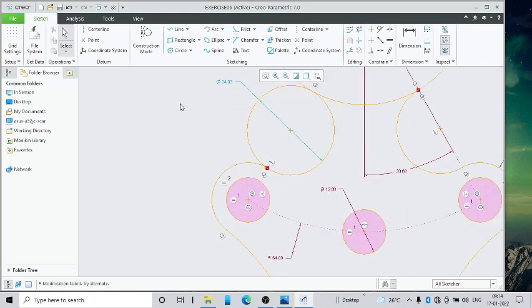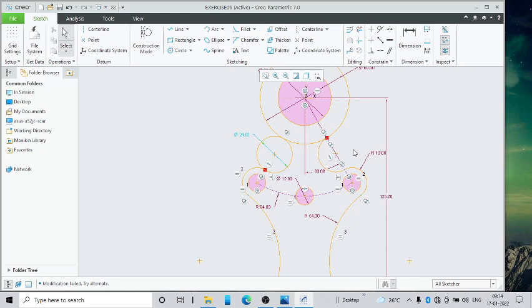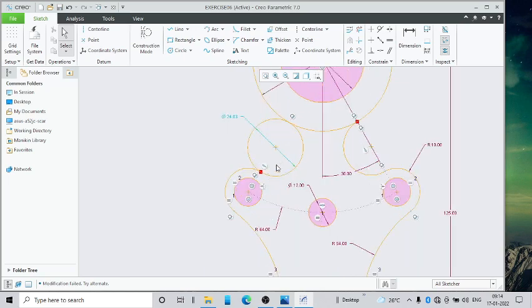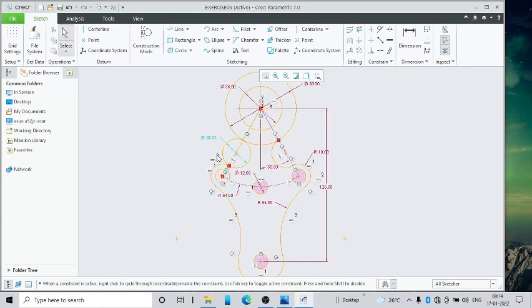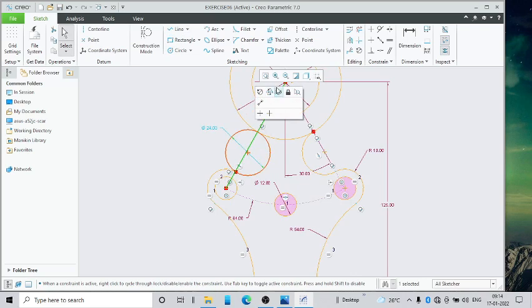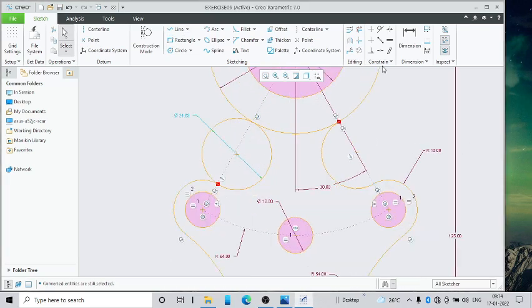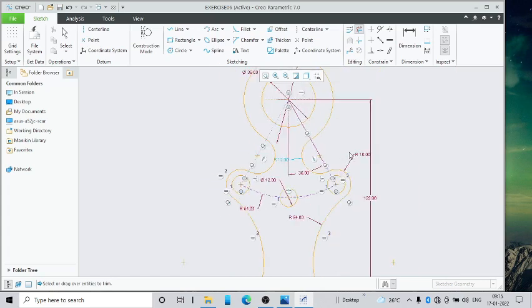It is not working. So what we will do, we will mirror this line. Okay, so let us mirror this line. Or another thing is that we can draw a line. We will select this and convert to construction. Then we will make this coincident. Okay. Now we can trim this portion and this portion. Okay. Now you can see that